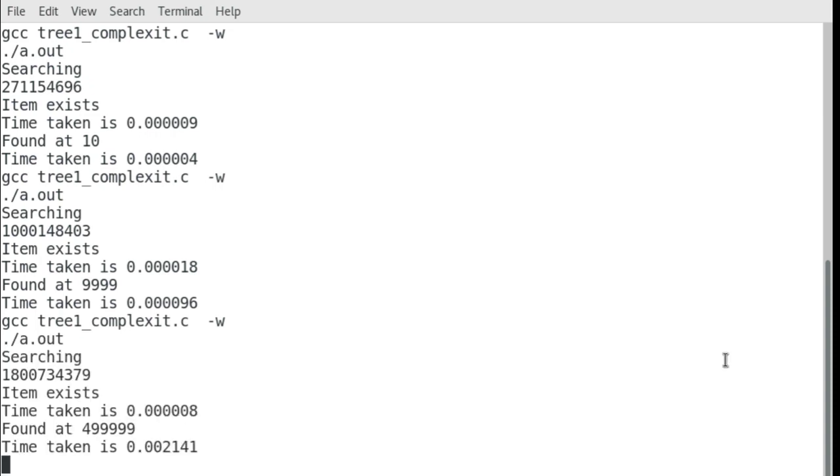So again you can see that the searching time is improved, or searching time of tree is much better compared to that of an array.